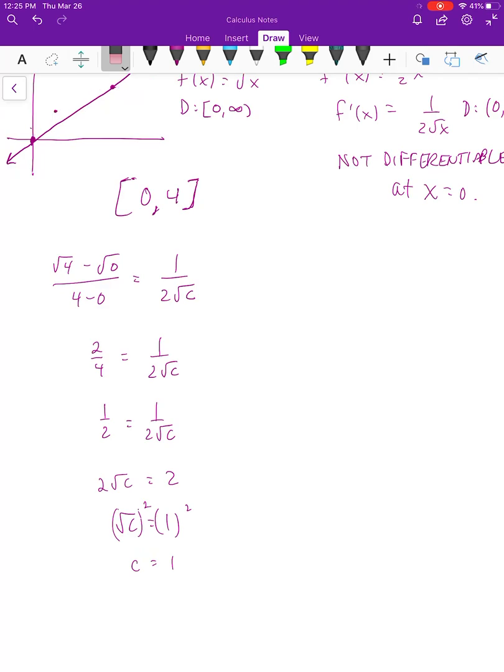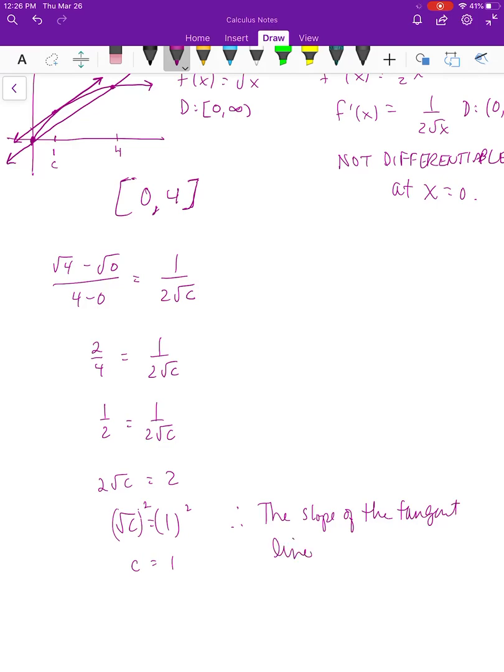And so, well, I guess about right there, since that's 4. Oops, accidentally lost my whole function there. There we go. If we took the slope of the tangent line here at 1, because this was my 4, that is my c. Okay, so you would say, therefore,